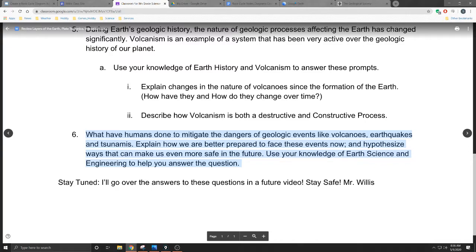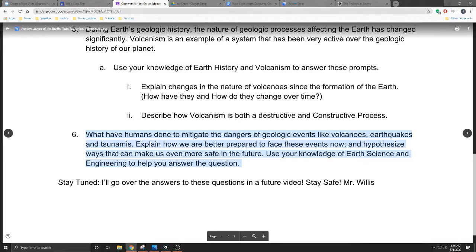Volcanoes, this is the one that, again, we talked about the Mount St. Helens eruption, and volcanoes, we know when they're going to erupt generally, but we can't be as accurate as we are with hurricanes. So the only thing that we can do is warn people when these eruptions are going to take place and give them the information that we have on that so that they can make the best decision about their livelihoods that they can.